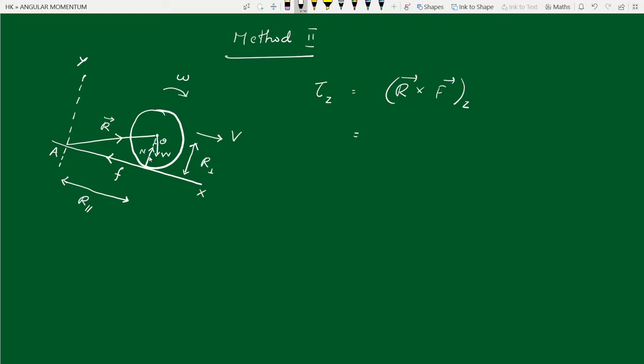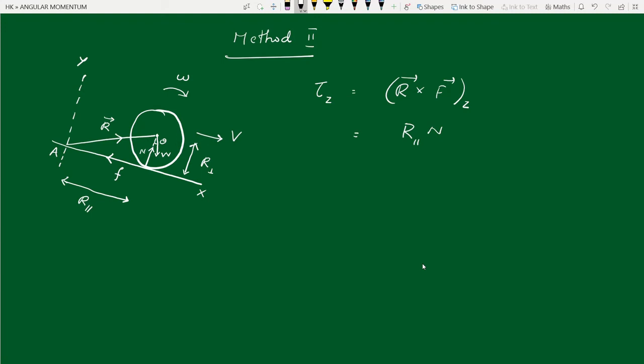So this torque, if you consider the two forces, first the normal reaction, what is the torque due to the normal reaction about the origin? The magnitude is the perpendicular distance to the force into the force. The perpendicular distance is the distance from the origin to the normal reaction. It is this distance, right? This is r parallel. By r parallel, I mean parallel to the inclined plane. So the magnitude is r parallel into n.